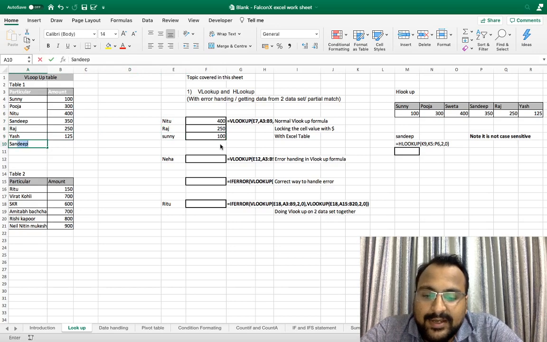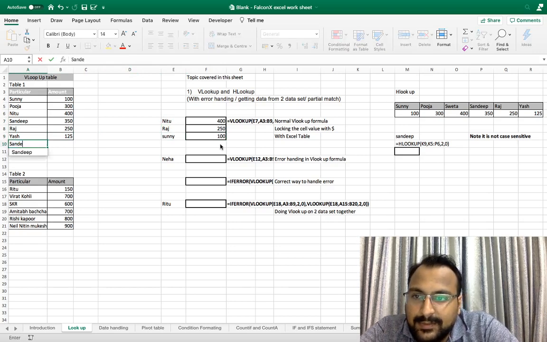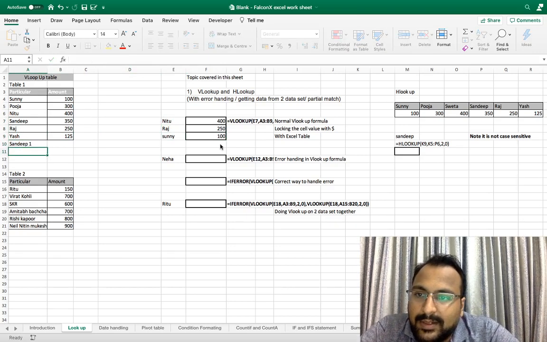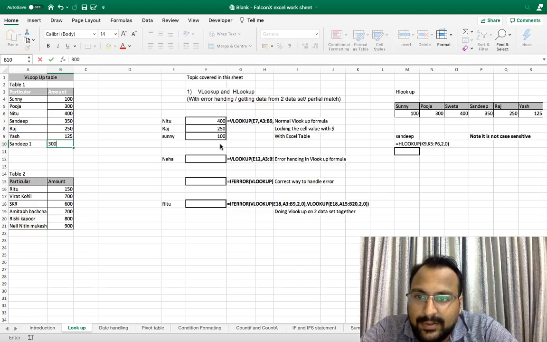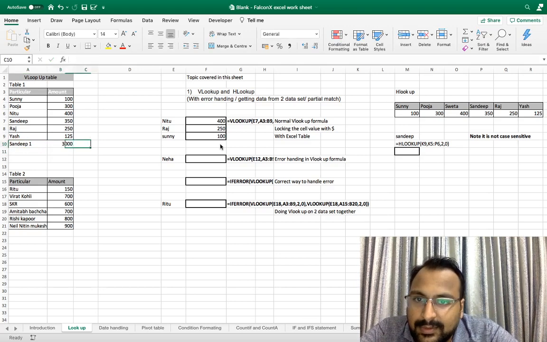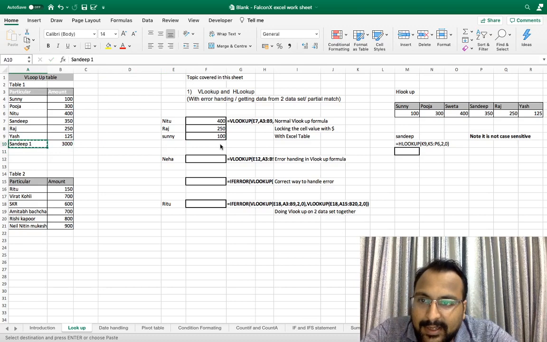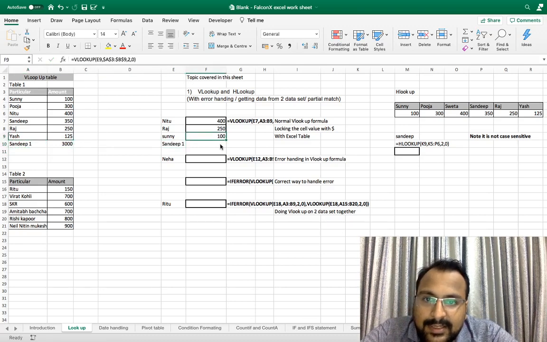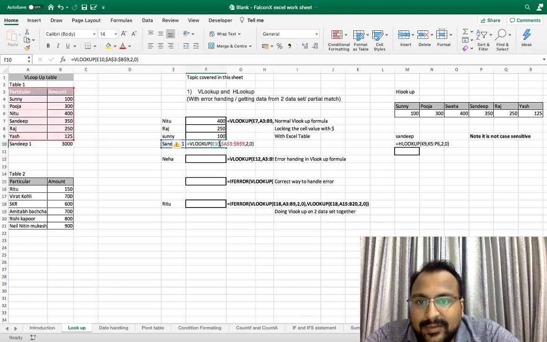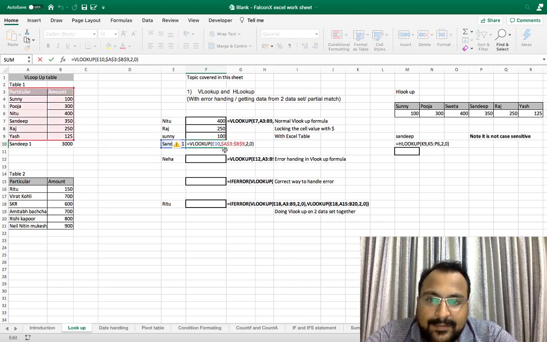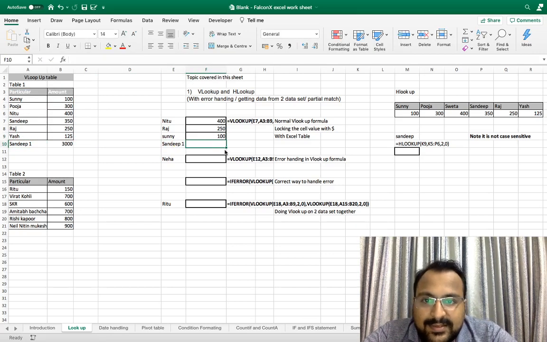If I write here Sandeep 1 and here 400, 300, 3000, and drag this formula, it will not give me the answer because my range of data is not selected here. So how can you fix this type of problem, as your data keeps on updating or changing?